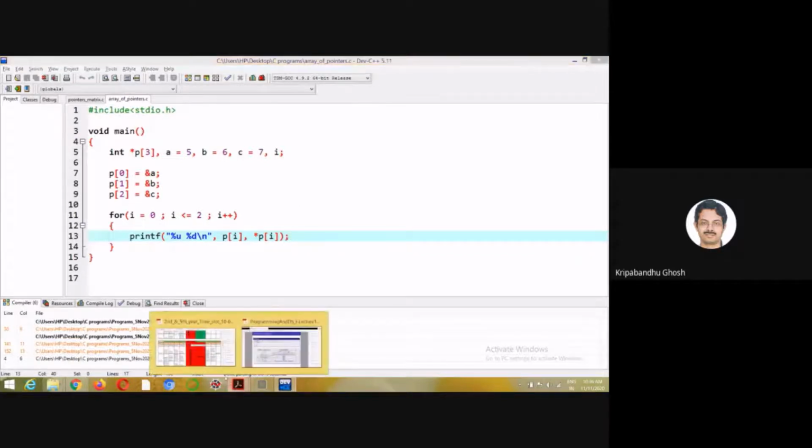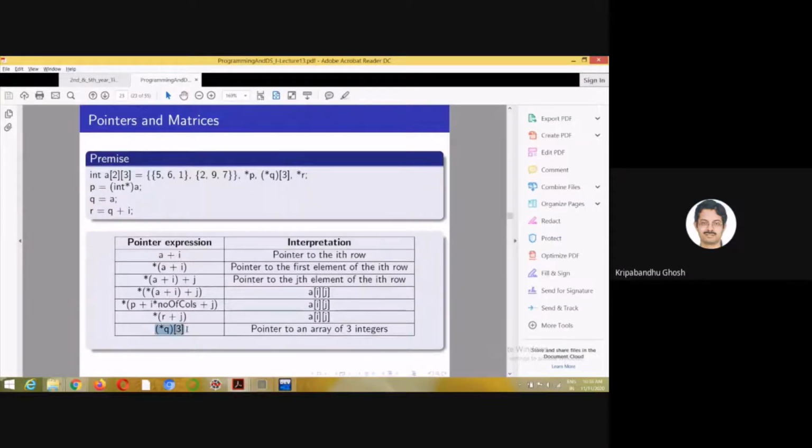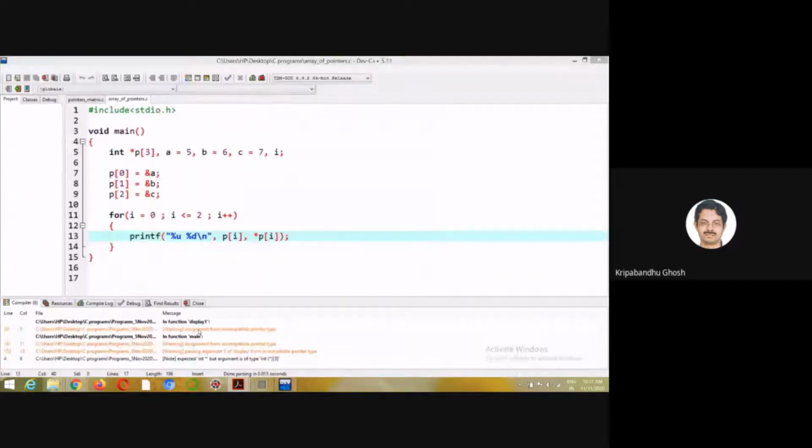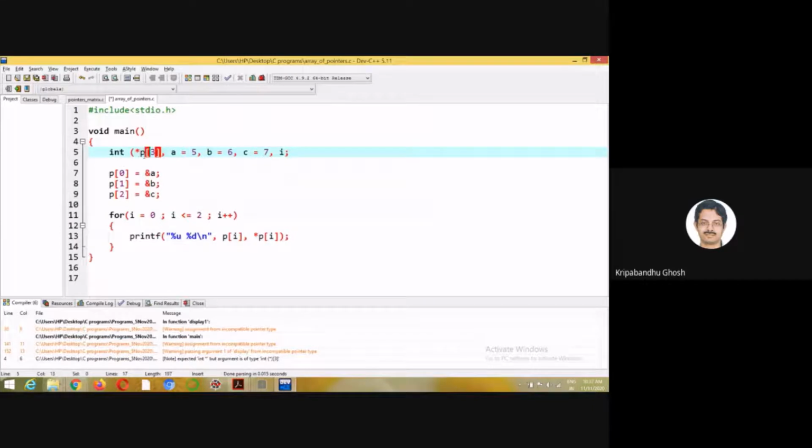So I was talking about this notation, right? This is one pointer to an array of 3 integers. So have a look at this. What was there in the previous instance was this, and this is a pointer pointing to an array of 3 integers.